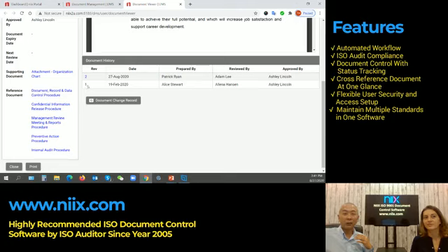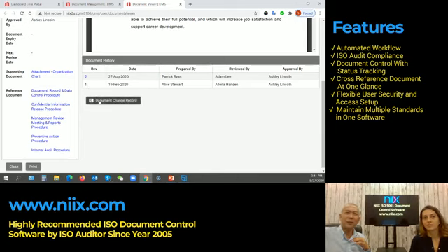The archive document, as required in the ISO document control, you need to keep in the record, and you also need to make sure that nobody can access it. But in any scenario where someone needs to access the old document, it is still available. So these features are all available in the system.